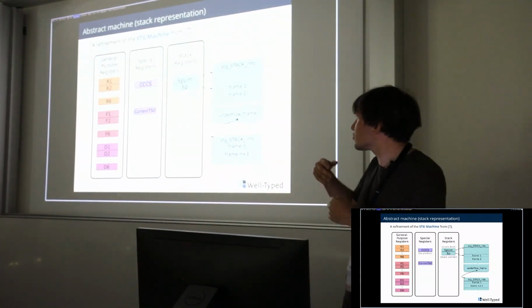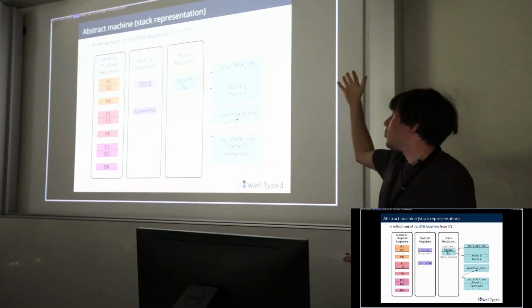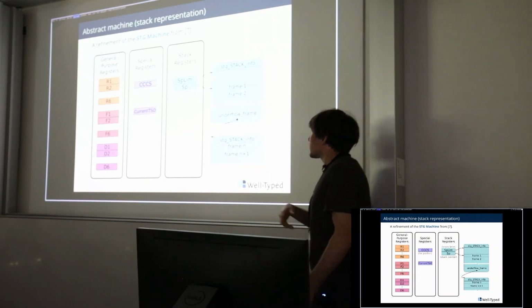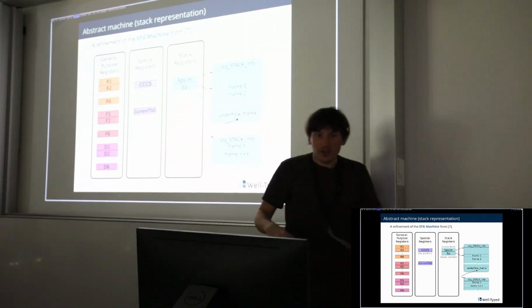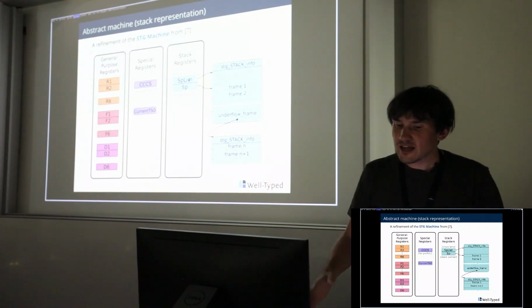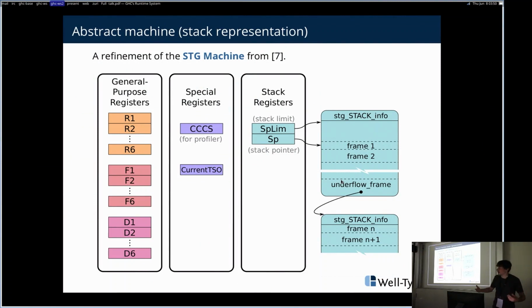Well, that's not a great solution for GHC in many cases. It is, yeah. So what we rather do is we use a chunked stack representation, where we're going to augment this machine model here with two additional registers, SP and SPLim, which are going to point into a heap object, as Simon said, which is representing the stack, or rather a chunk of the stack. And these chunks can be linked together via these so-called underflow frames, which are relatively